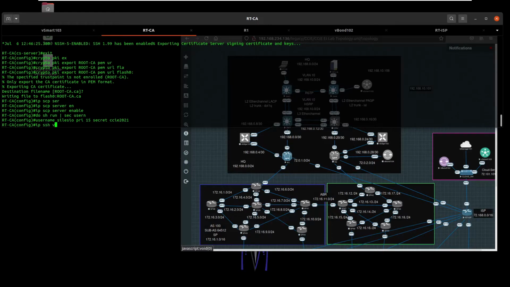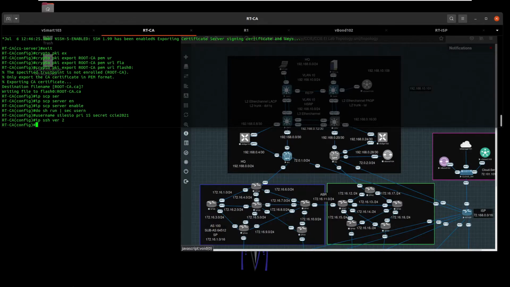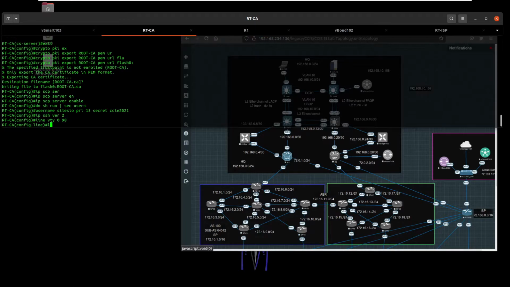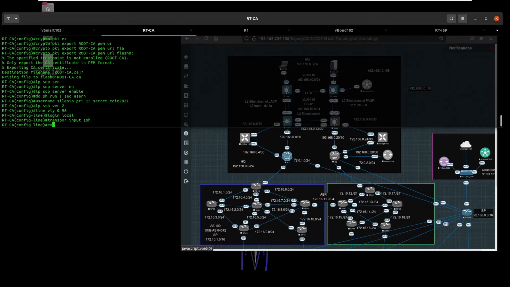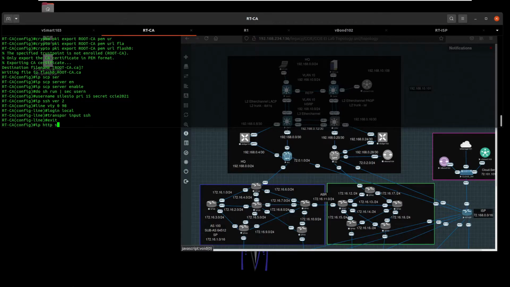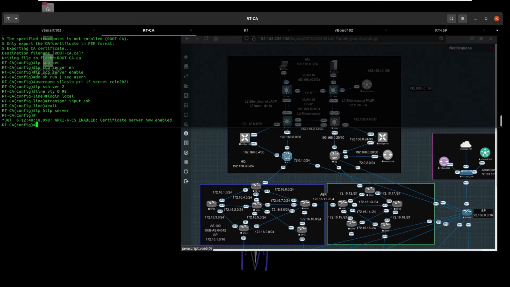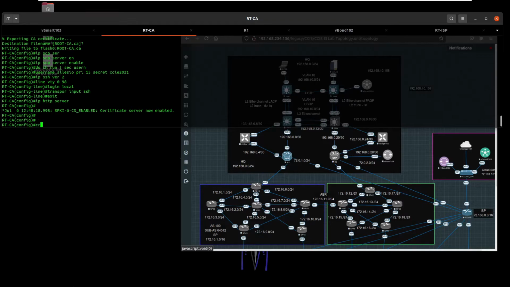Done at SSH v2 and my virtual lines login local and transport input SSH, and I have to enable the HTTP services as well. Yep. I think now I can get